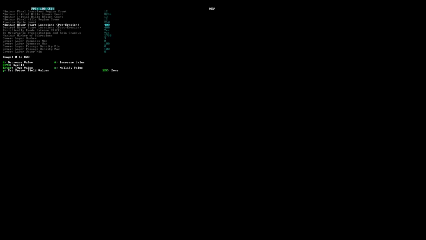So yeah, this doesn't change the amount of rivers that we want. I think that was previously in here. It was earlier on. Next we have periodically erode extreme cliffs, if enabled, and this is enabled, which it is